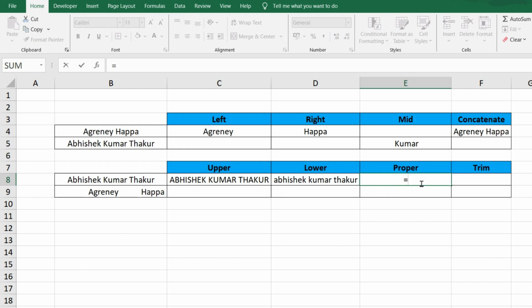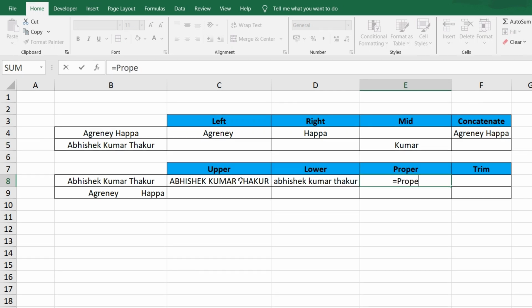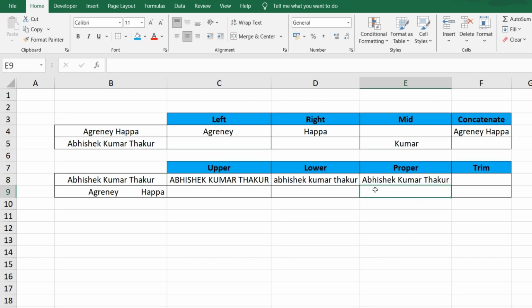So I'm going to apply this proper function to the text that is in lowercase or uppercase. Please check what it's going to do. It will convert it into a proper text format. Every name will start with a capital letter, and the remaining would be in lowercase. Hit enter. If you see, the first letter of each word is showing up in uppercase, remaining is in